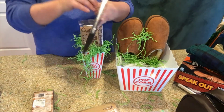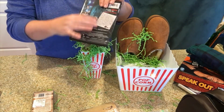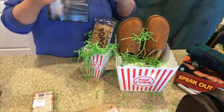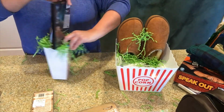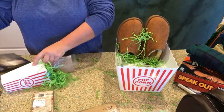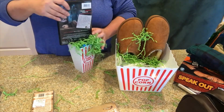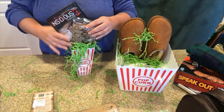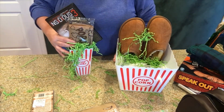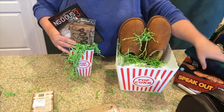If you want to, just tape on the back of the movie a little wooden skewer you could get from the dollar store, and that way it'll sit in there nicely. You put the skewer on the back of the movie, and you just stick the skewer in there like that. So then you have the movie there, a little box of candy. If you want to add a gift card as well,